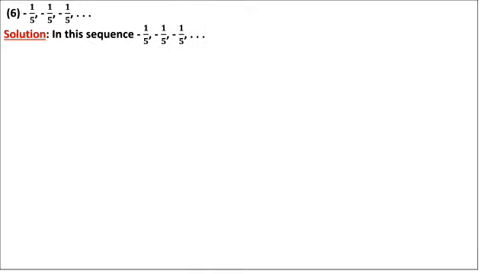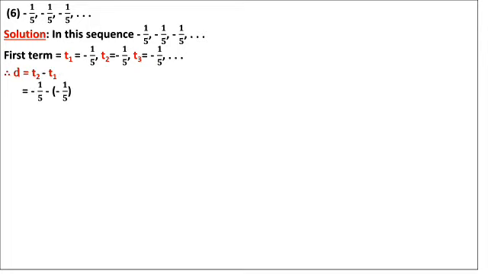Now the next sum is minus 1 upon 5, minus 1 upon 5, minus 1 upon 5. These give the terms t1, t2, t3. We'll solve with the formula in the same way. t2 minus t1. In the bracket, minus minus becomes plus. So minus 1 plus 1 is 0 upon 5. When we are doing subtraction of fractions, the denominator should be the same. t3 minus t2. The t3 value is minus 1 upon 5, minus the t2 value minus 1 upon 5. Open the bracket, this minus minus becomes plus. Here also we got the answer 0.